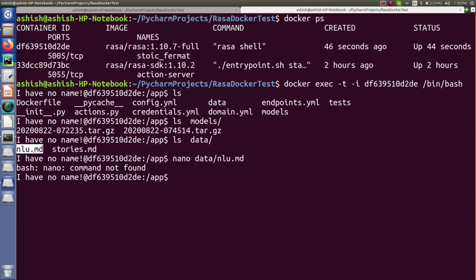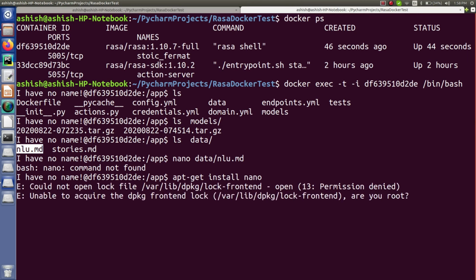So in short, for the first time when you are going to create a new container, and inside that container you are going to create your project, there you will only have the project which you have created. Other than that, you will not have anything else. So that means you have to install it now, right? So how do we install it? For that, we have a very simple command, apt-get install nano.